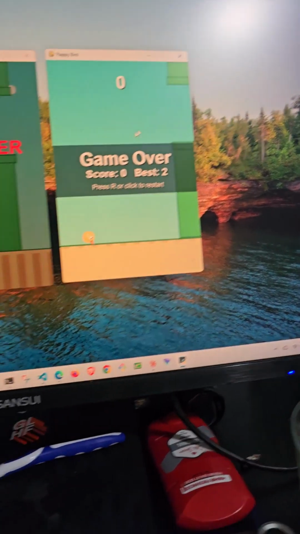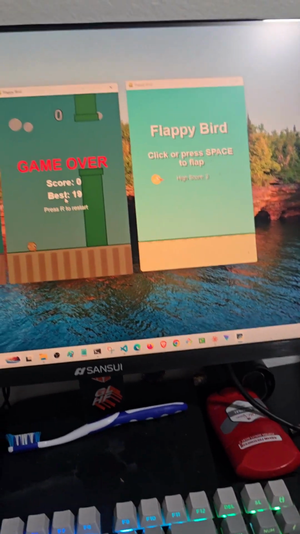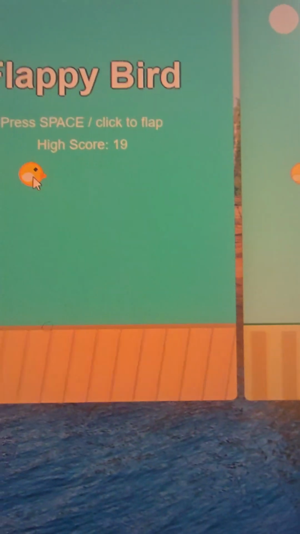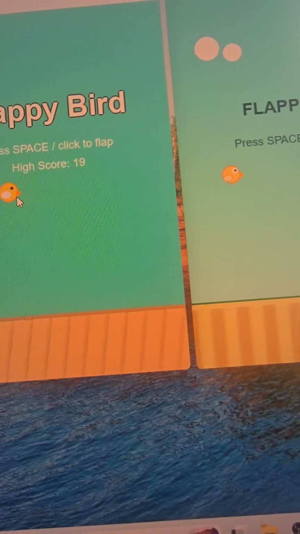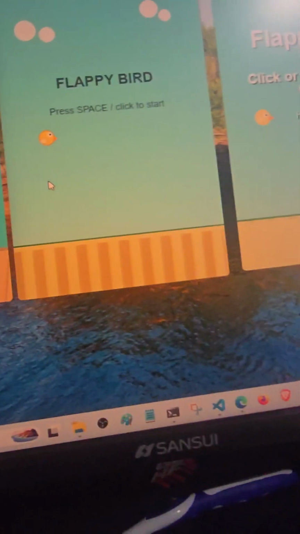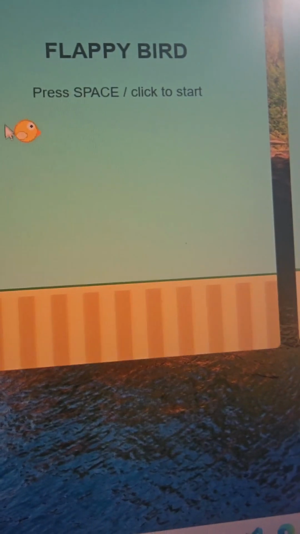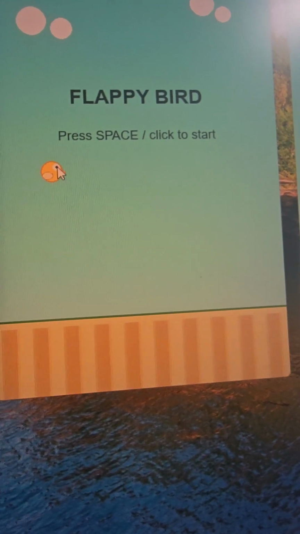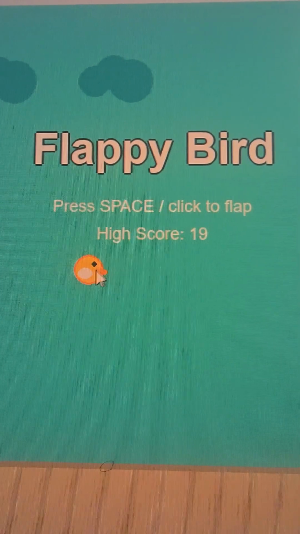And the bird also does look a bit different too. If you look at it, you can see the bird kind of looks a bit different. They look the same, but the only difference between these two versions is that this one just has a different eye color. You can see there's black and then white around it, and this one is just a black dot.